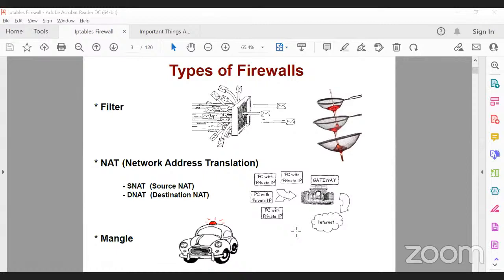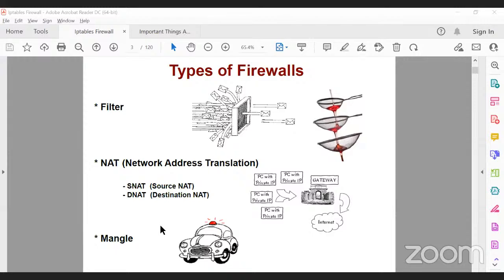There is internet traffic. Suppose we are sending some mail. If it goes 2 seconds late, there is no such issue. But what about the VIP traffic? We want to give preference to that traffic. So in the internet, there are two types of traffic: one to which we give a little bit of priority, and one is normal traffic, like email. We call this the quality-of-service firewall. Mostly telecommunication companies use this type of firewall. So in this case, Mangle.